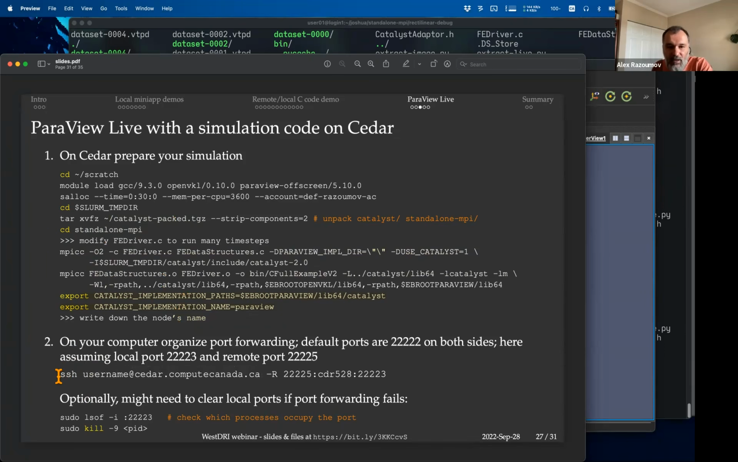So the next step on my computer is I set up reverse SSH port forwarding. In this example, I assume a local port ending with 3. So this one is a local port, and the one ending with 5 is a remote port. So I organize reverse port forwarding. And then optionally, I might need to clear some local ports. Obviously, not being sysadmin on the cluster, you cannot do this, but